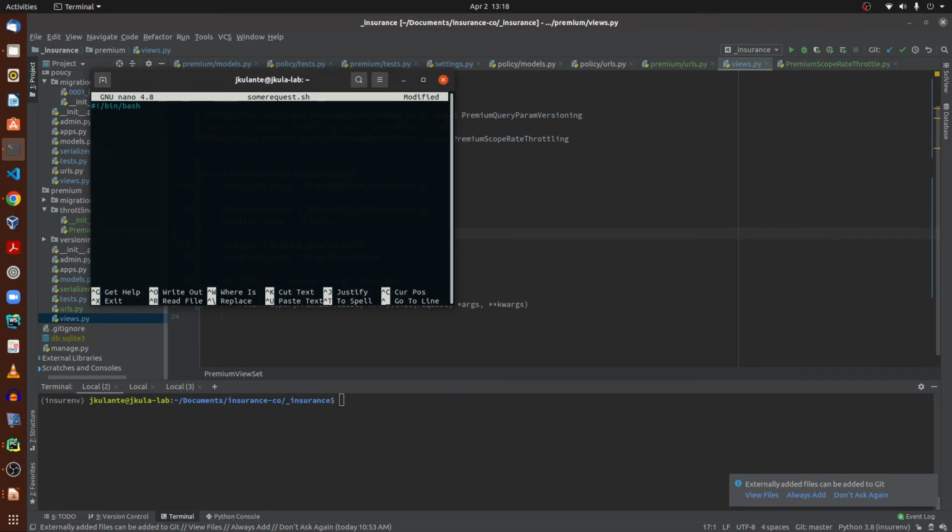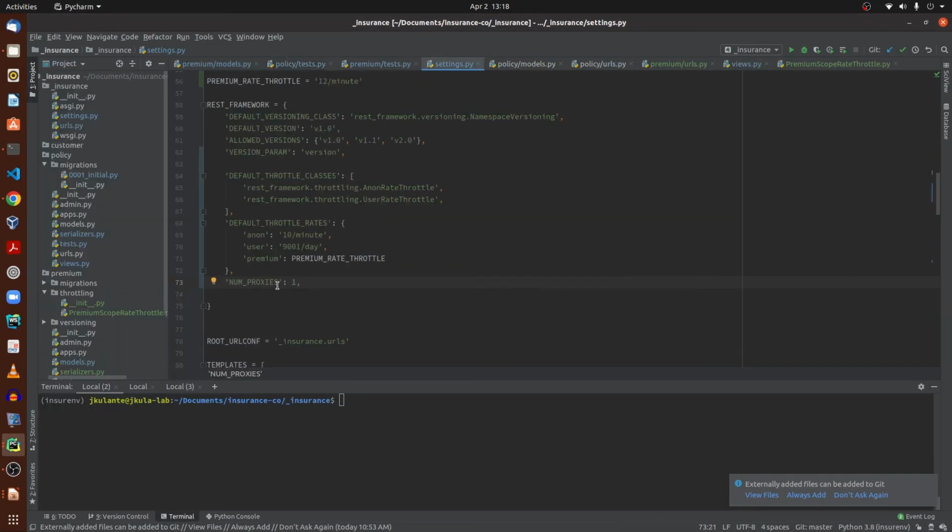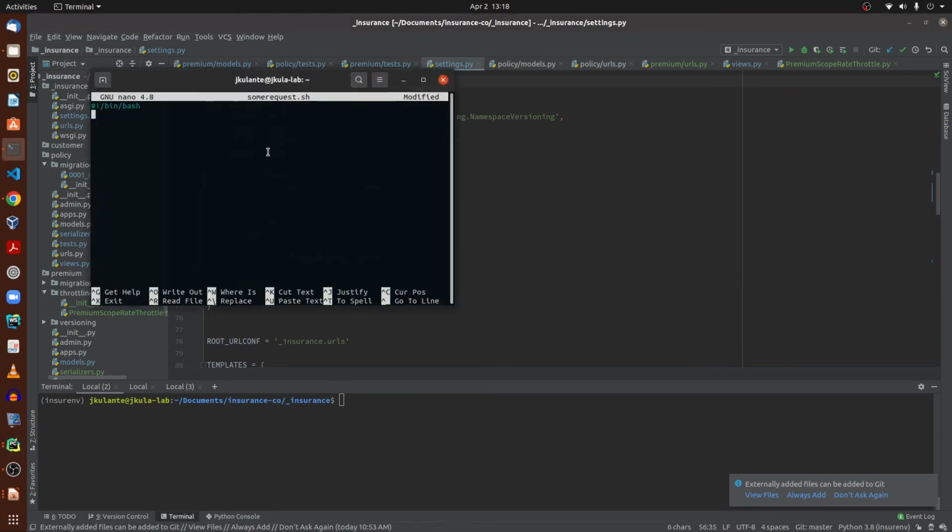Okay, we have to create a loop here by issuing more than 12 requests. Remember, in the setting, we need 12 requests per minute. So let's create a loop: for i in the range of 1 to 14, do